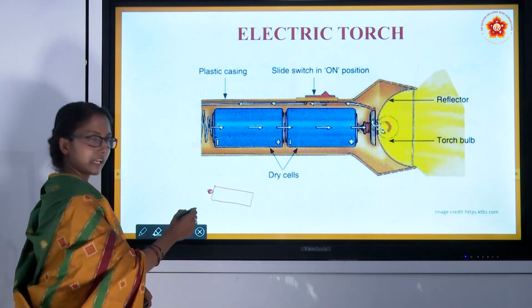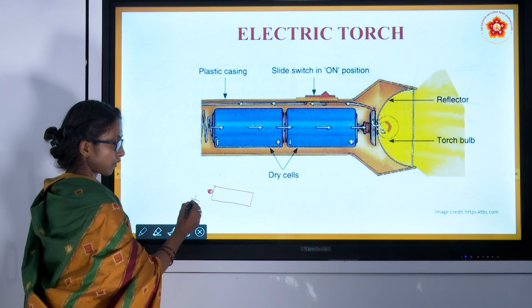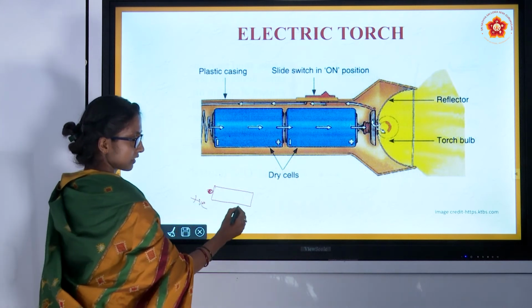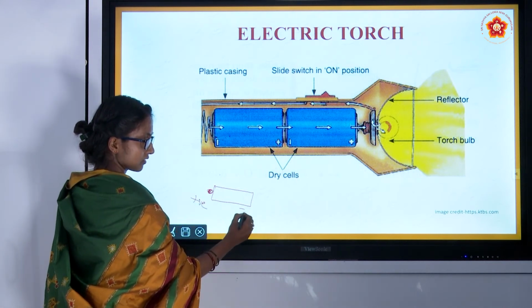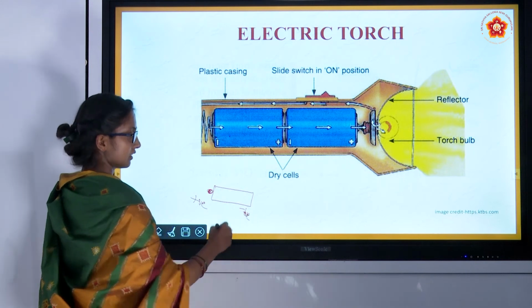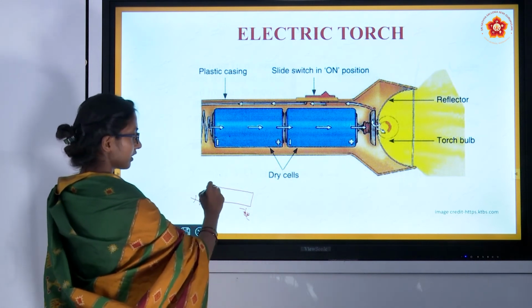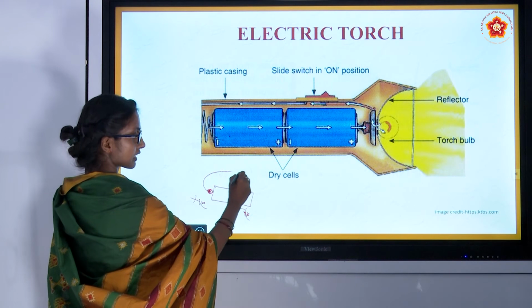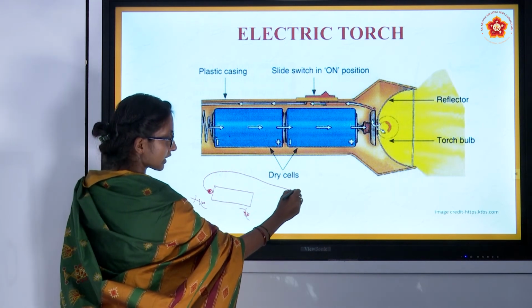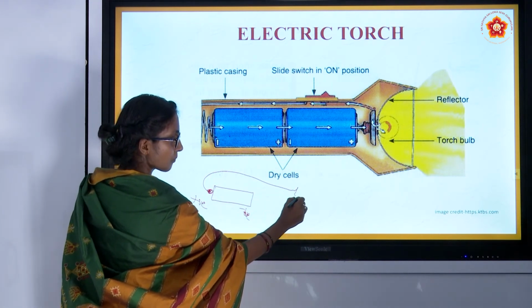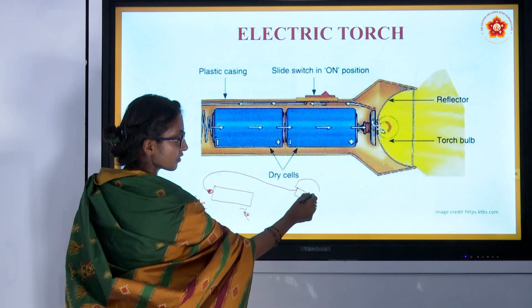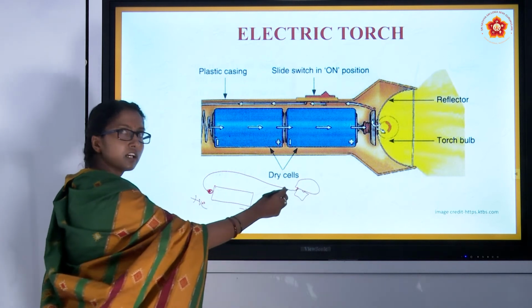Think this is an electric cell, this is the positive end and this is the negative end. One wire from the positive end of the cell is connected to one terminal of the bulb.